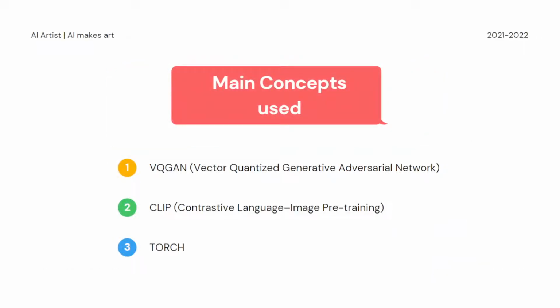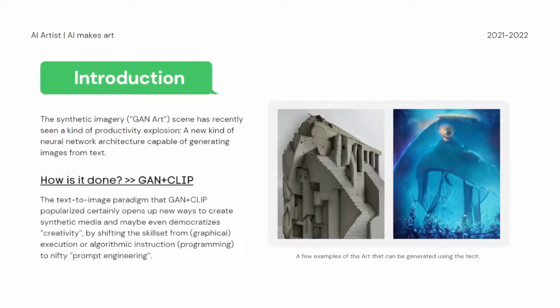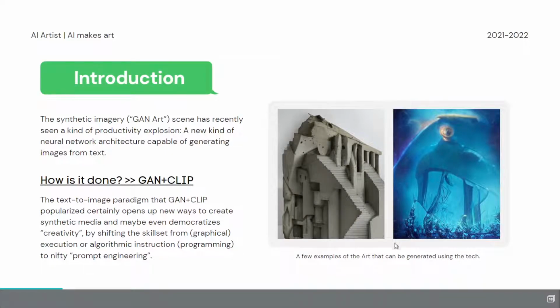The main concepts that we have used are VQGAN, which is Vector Quantized Generative Adversarial Networks. It's a type of GAN which we will be going forward with, and CLIP is Contrastive Language-Image Pre-training. It is using the Torch library of Python. Next, these are the types of artworks which can be generated using the technology that we are using,